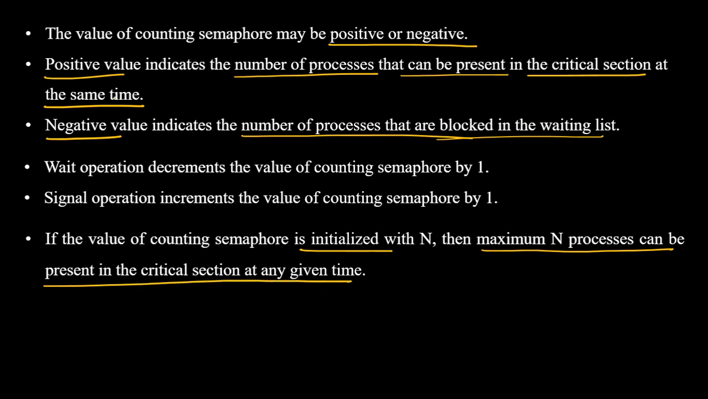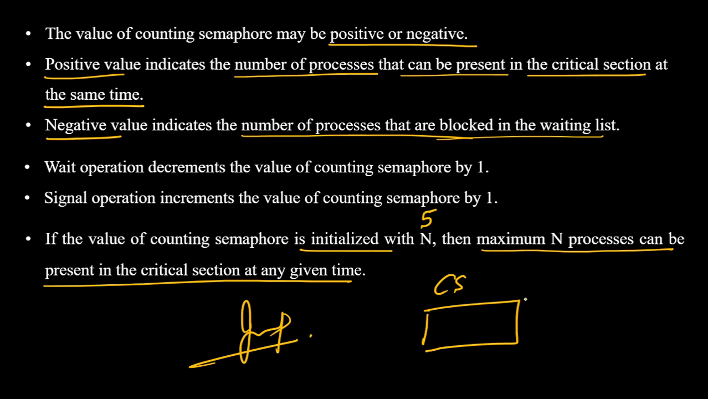So all of these points are very important, please read them carefully. If the value of the counting semaphore is initialized with n, meaning if I'm saying that the value is 5, then this means that in the critical section at a given point of time, a maximum of 5 processes can enter the critical section. So by now you must have understood well that